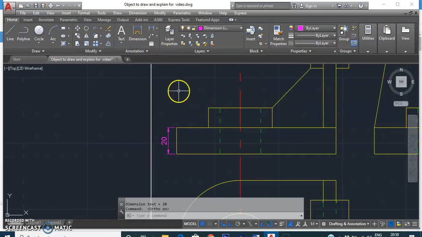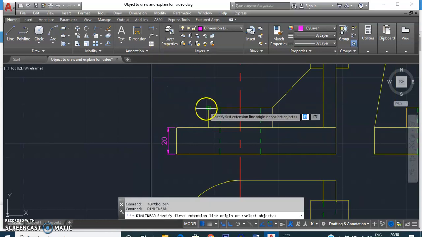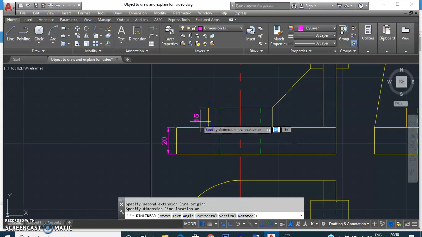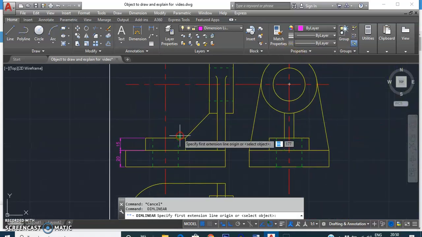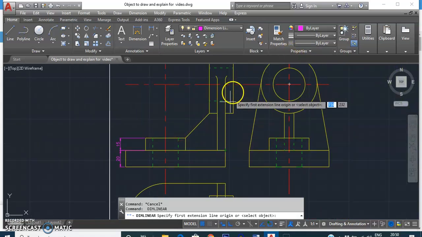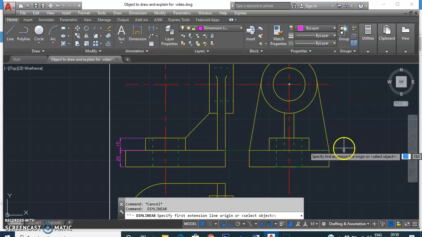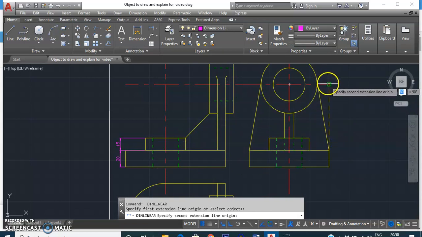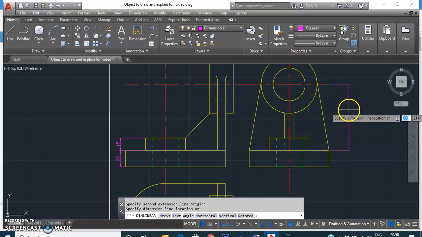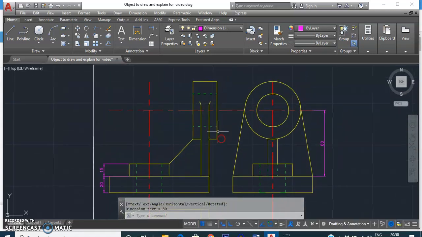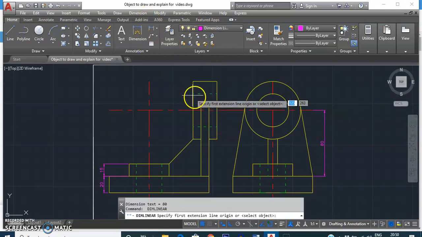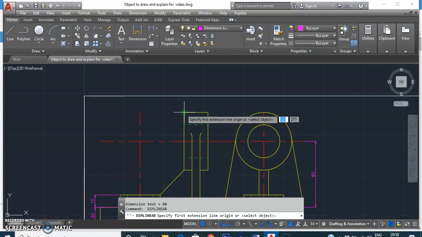Further, we have the height of the cylinder, that is 15. We can place it over here again. Then next we have the height of 80 from this point to the center line, so that also you can give over here, like this. Then we have the length dimension. Length of this cylindrical block is 30.